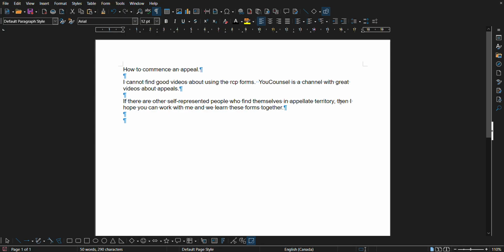These forms are not family law rules forms, they're much more sophisticated. Thankfully, there is a new notice of appeal form that is built out more like the forms we would be used to,